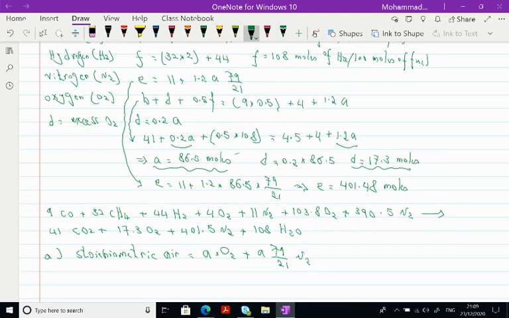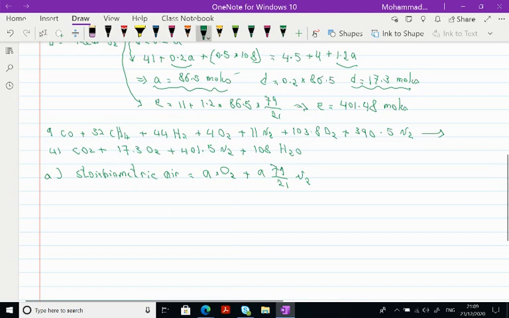That is for stoichiometric air. So we put the values for that. A is equal to 86.5 plus 86.5 times 79 by 21. So this is equal to 411.9 moles